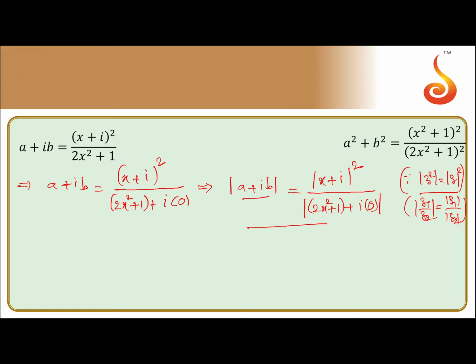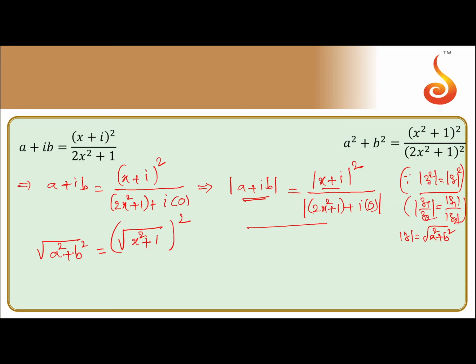And you know the modulus of z is equal to the root of the sum of squares of the real and imaginary parts. Therefore, modulus of (a + ib) is the square root of a² + b², which equals the numerator (x + i) whole squared, which is nothing but the square root of real part squared plus imaginary part squared, taken whole squared,